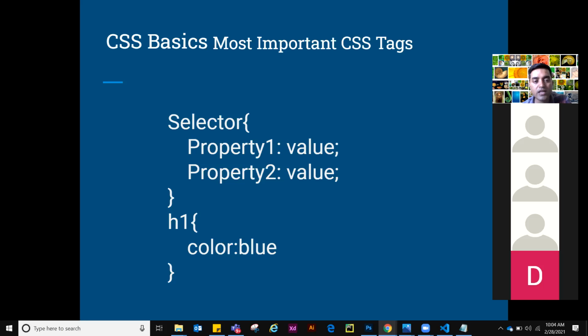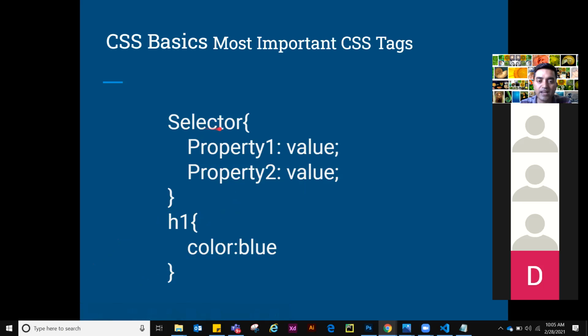Then again, if you want to change a specific H1 to a specific color, then you have to write a class. Instead of that, do the reverse one, create a class selector. I will cover that in the next slide. So this is not the suggested way. When you are very sure that all these tags should be of specific properties or values, then use this one, right? You know that all the h1 tags of my page should be red color, then only use this, because this is going to target all the tags of your page, right?